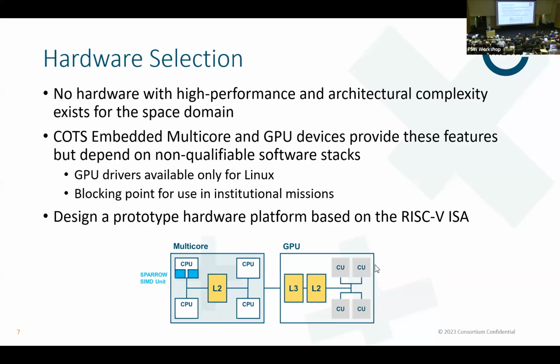So here you can see how it looks like. We have a multi-core based on the Gaisler NOEL-V that was integrated with the Sparrow short vector AI accelerator unit that we developed at BSC, and it's connected to a RISC-V GPU, which is